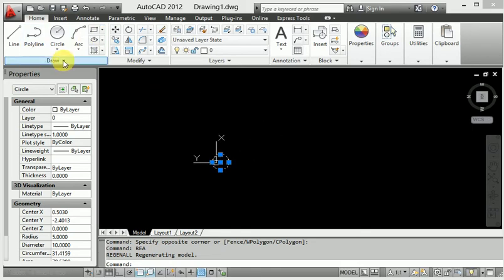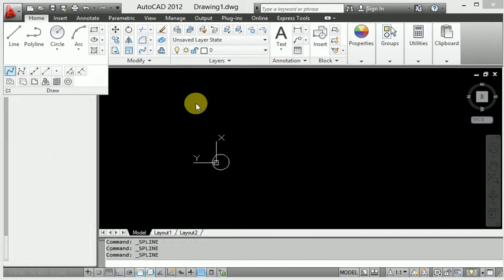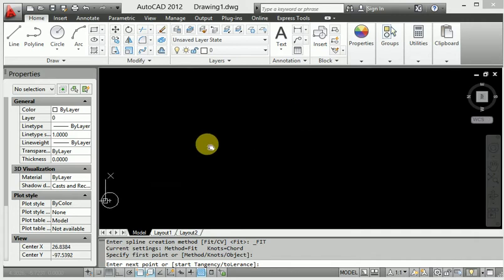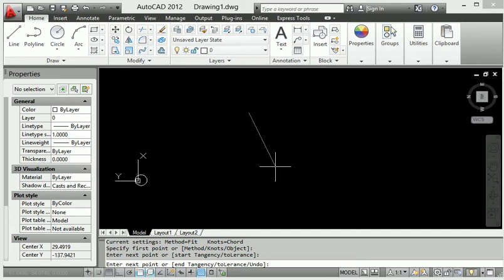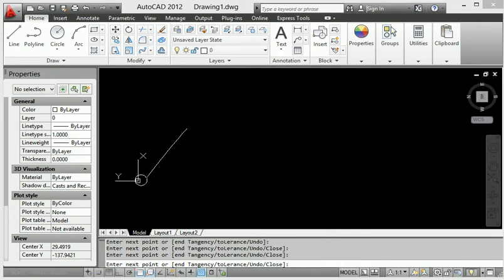When I draw the spline, we can see this spline right now. Look at this spline. Start the spline from this point and create the curve here, and whatever curve you want, you can generate and continue.